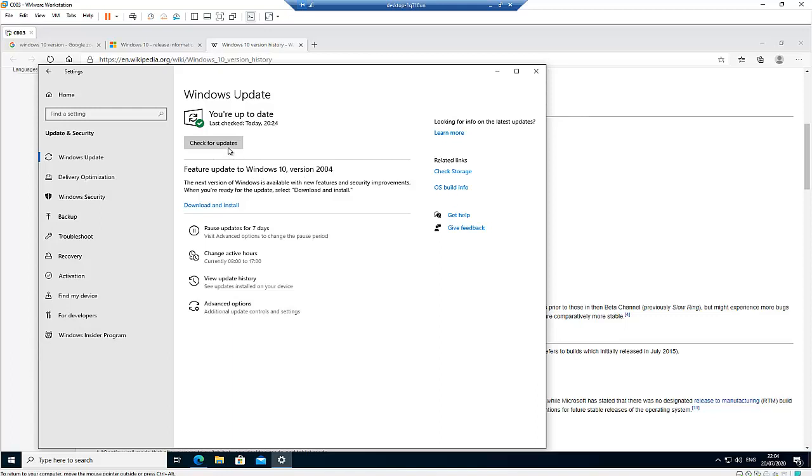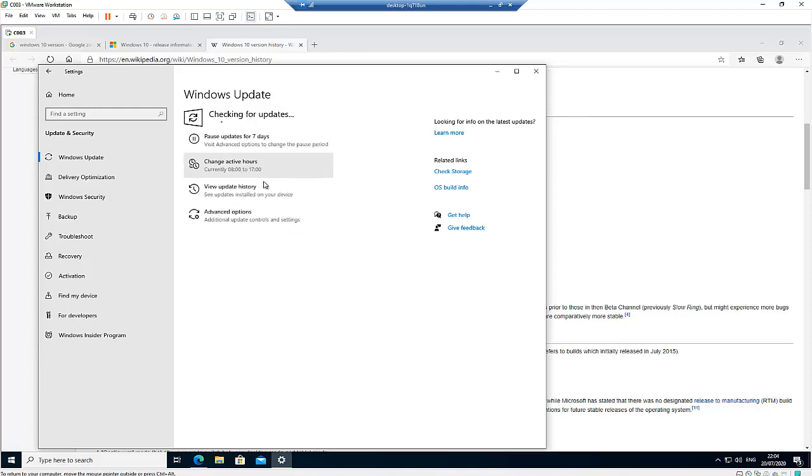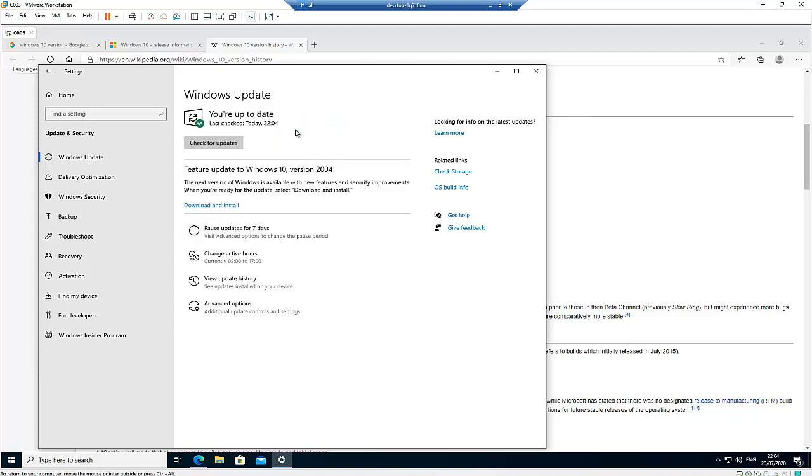you just click on check for updates. It's going to check for your update and see if your device meets the requirements to update to the latest version of Windows. If you receive this message that says the feature update to Windows 10 version 2004 is now ready for you to download and install,